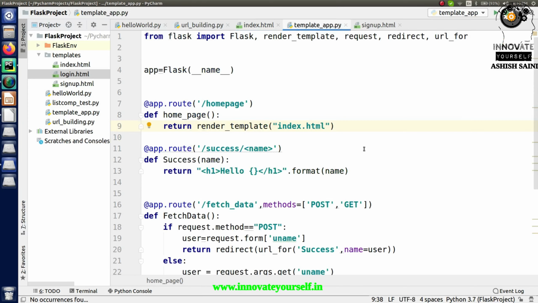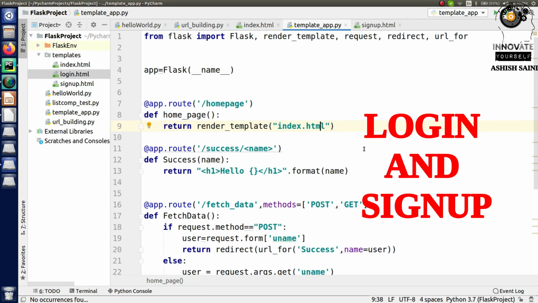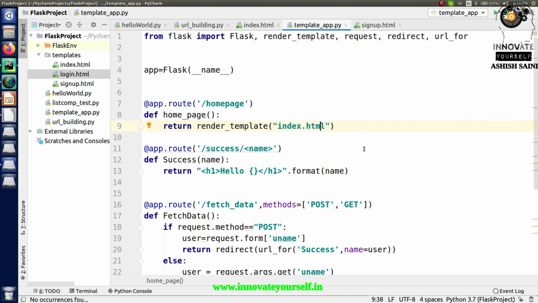Let's say I'm writing a name, so it displays hello Innovate Yourself, right? This is what we did in the last session, but in today's session I want to create the login and the sign up panel. We want to create both things, but I am not going to show you what exactly we have done, though I will definitely show you a simple demo for that part.